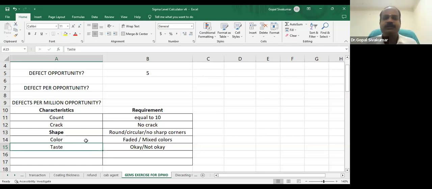Now you all can do this little exercise yourself. Maybe on this occasion you can come on video, we can watch what exactly you are doing, and others can also watch. Please come on video and then cut open your gems. And then you can literally count your gems to check whether it is 10 or not. Anything above is a defect, anything below is also a defect.